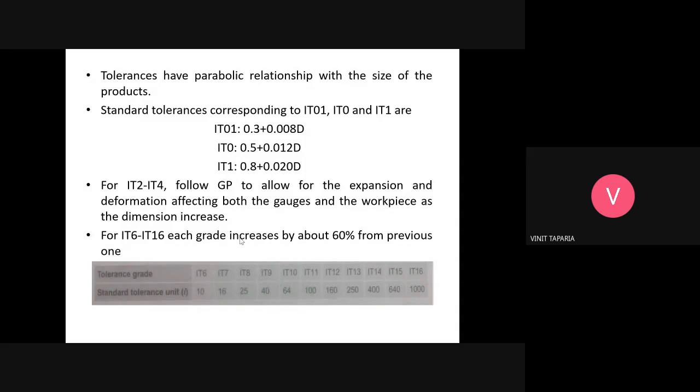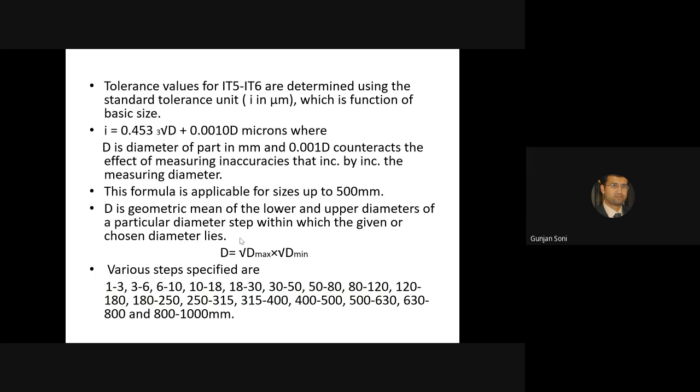Sir, at boundary conditions like 18 mm, how will we take the minimum and maximum there, because it is coming in both ranges? Okay, boundary condition, right. So you are saying that if you want to make 18, right? Yes sir. So then, if you see 1, 2, 3, 3 is included in that. It depends on where 1 is included. So the left hand side limit is considered in that interval. So if you are talking about 18, it will come in 18 to 30. Okay sir, got it. Yeah.